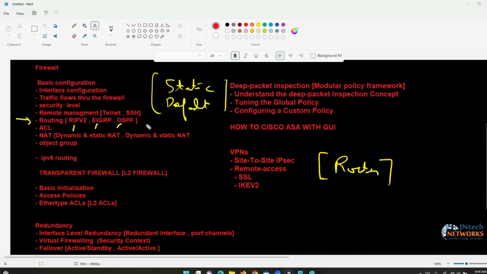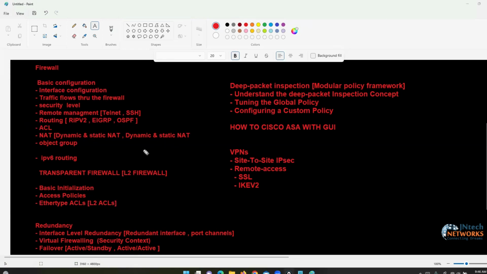Here I can tell you how to configure these routing methods like static, default, and dynamic RIP, EIGRP, and OSPF on Cisco ASA firewall. Why are we configuring routing for basic connectivity? For basic connectivity, yes, we need to configure routing, because in case our firewall device is acting